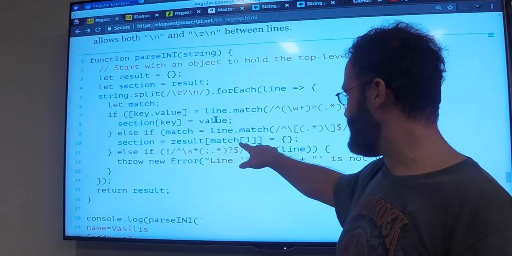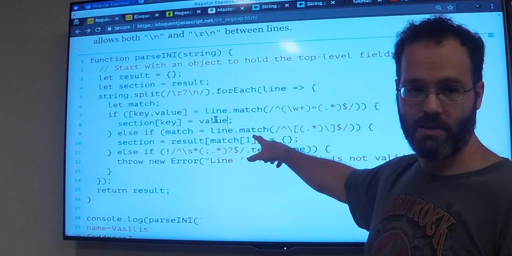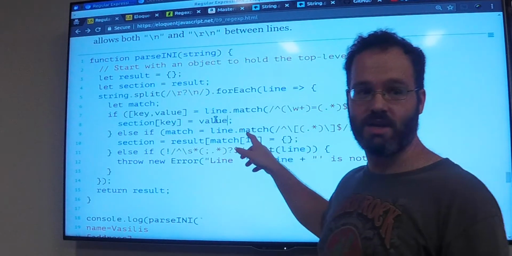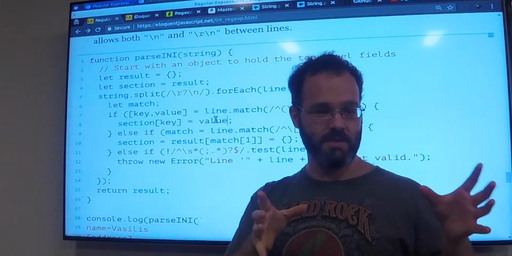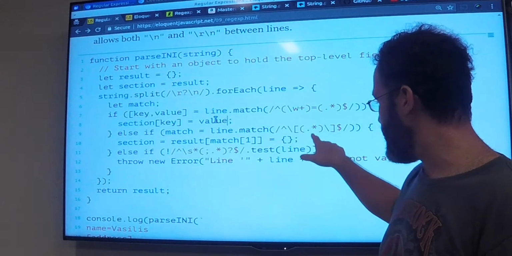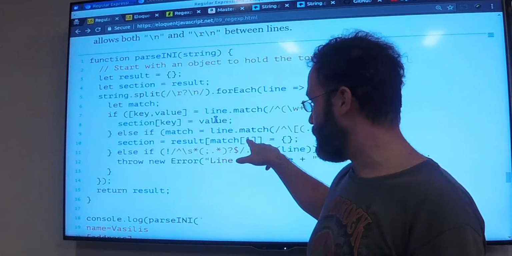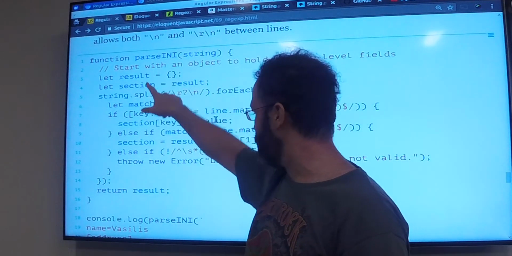When we take this and say match, we're looking for match.1, by the way, which is his way of saying we want what's inside of this. Match.0 is going to be everything. We went through that multiple times. The first element that match returns is everything that was matched. We don't want everything that was matched. We just want the things between the captured parentheses. So we say match.1, and we record in the result object, the global thing,